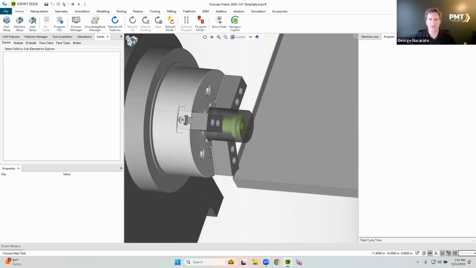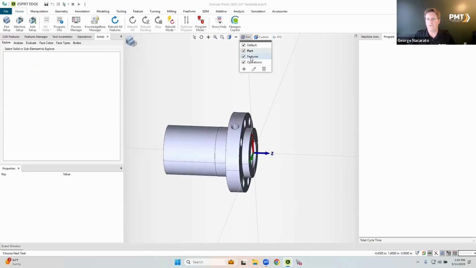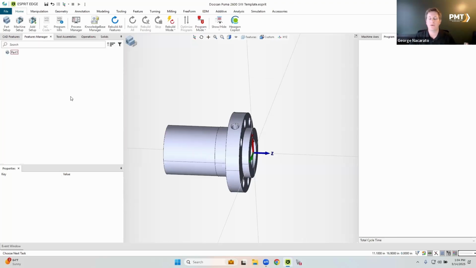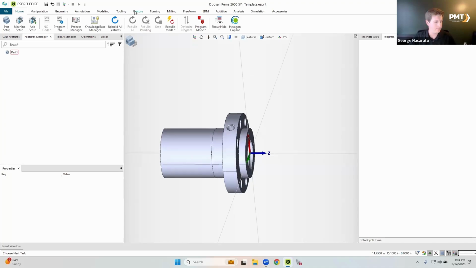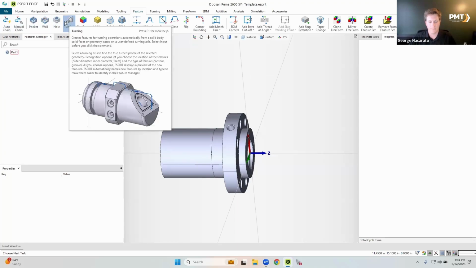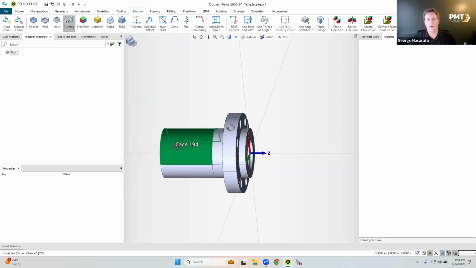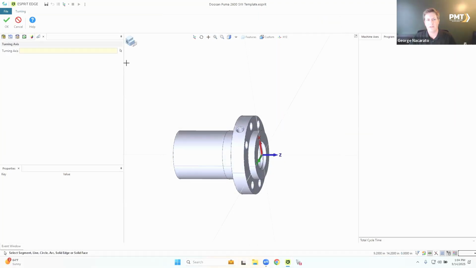I'm going to move back into the part side. All right, so let's switch over to features layer. On our features layer, we need to go to our features manager so we can see features as we create them. We're going to go to the features ribbon in the toolbar, and we're going to do turning first. So let's do turning, select the whole part. Then it's going to ask for the axis by which